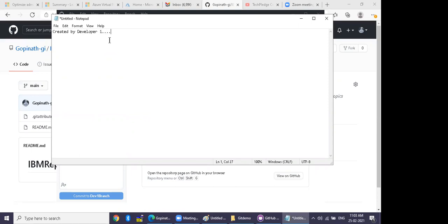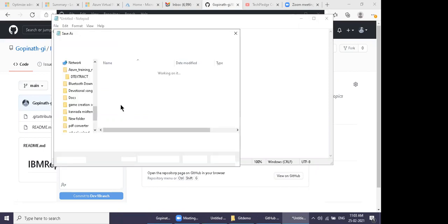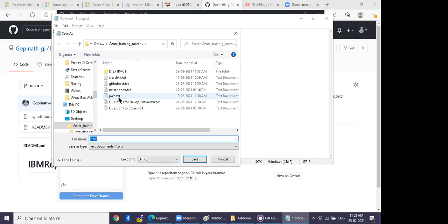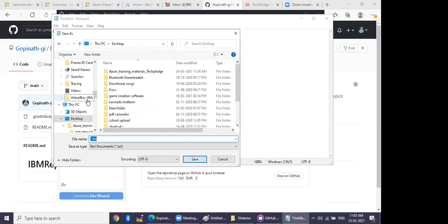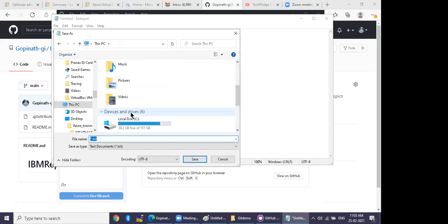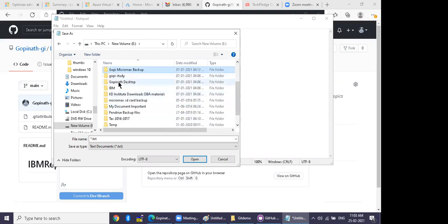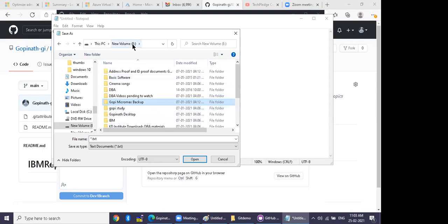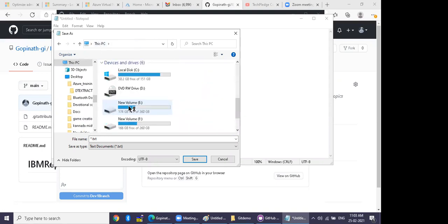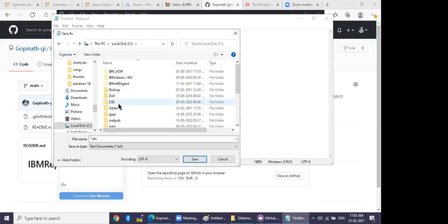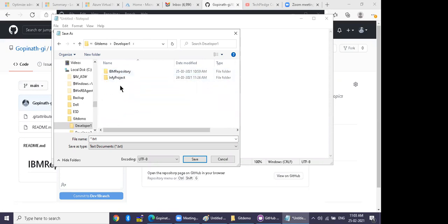Click File, Save as. And just put it inside the C drive, Git demo, IBM.